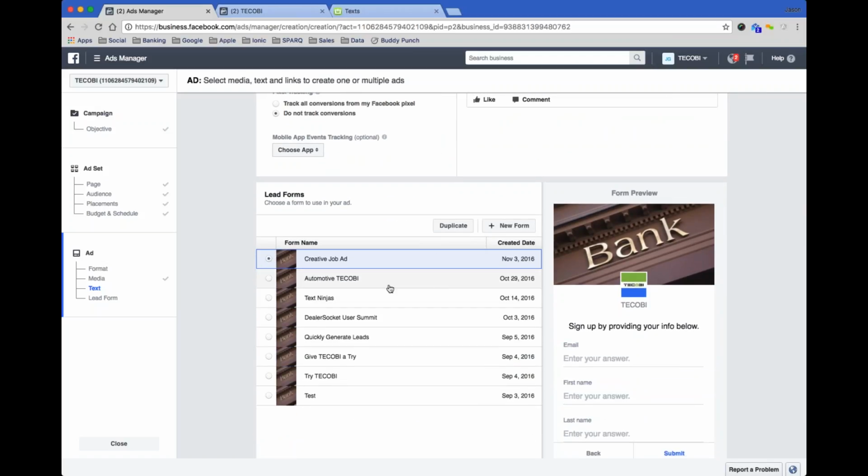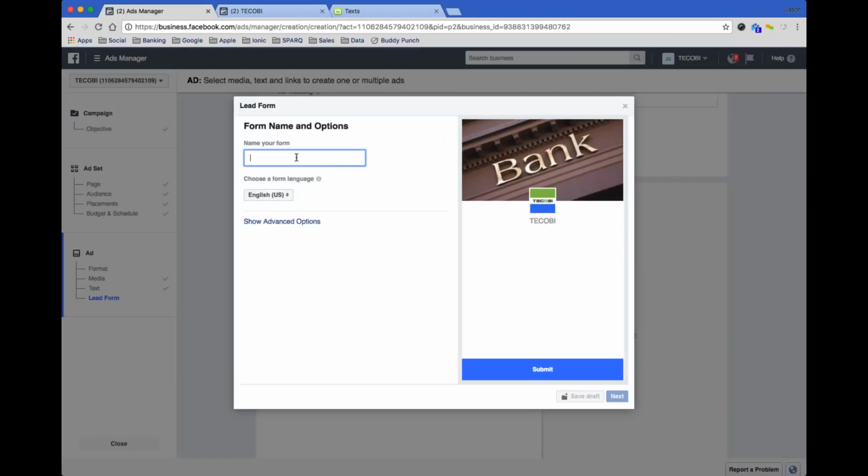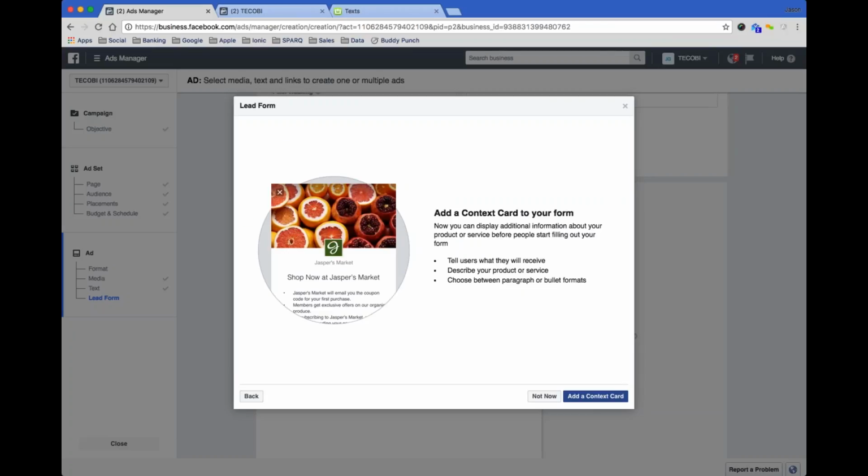Down here is where you create your forms. So when you create a new form, it's going to ask for a name. So you want to name this appropriate to the type of ad that you created. So this is guaranteed credit approval. You can do your forms in different languages. We actually run ads in English and Spanish, and the Spanish forms you can change it to Spanish so that the form is all in Spanish. You do have some advanced options, so you can edit your field IDs and include it organic. I usually just leave those as they are.